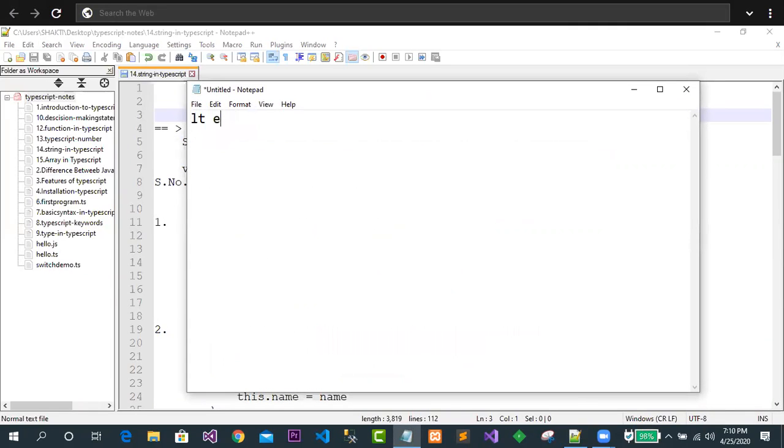Simply we were giving, let, suppose I have given name equal to, in this case I can go for string, and simply I have given Shakti. Clear? So this is what exactly I have taken care of, a string. Once this string is taken, this string is an object of the string class. It is an object of which class? String class. And we will see how the string is now treated as an object.